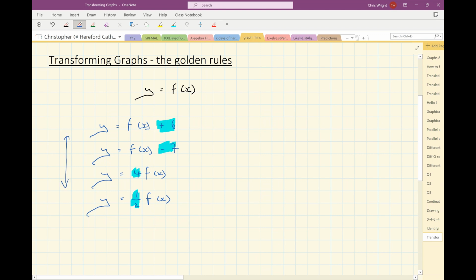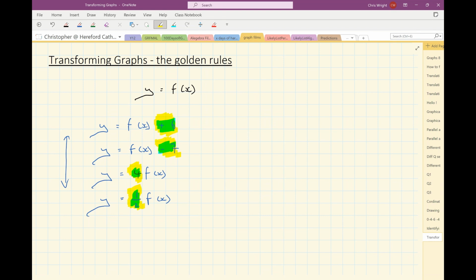And what's more, the change will be the right way. I'll explain what I mean by that. In this case, the graph will be going up by 6. The y-coordinate will be increasing by 6. In this case, the y-coordinate will be decreasing by 7. In this case, the y-coordinate will be being multiplied by 4. And in this case, the y-coordinate will be being multiplied by a half or divided by 2. The change is as you'd expect. So the change is outside the bracket, so we know it's a change vertically, and we know that the change